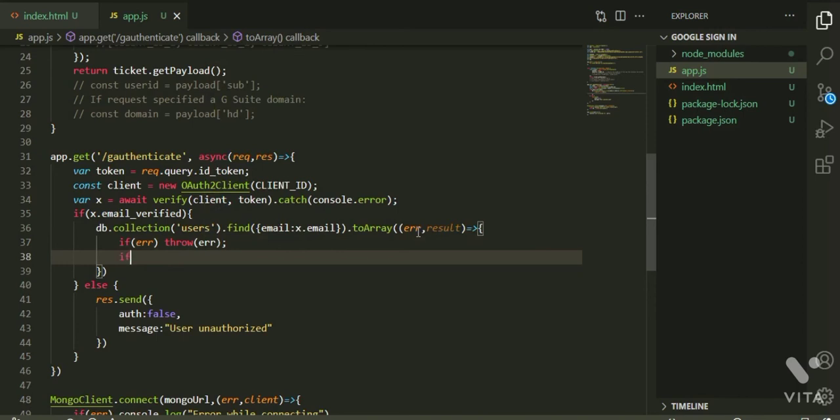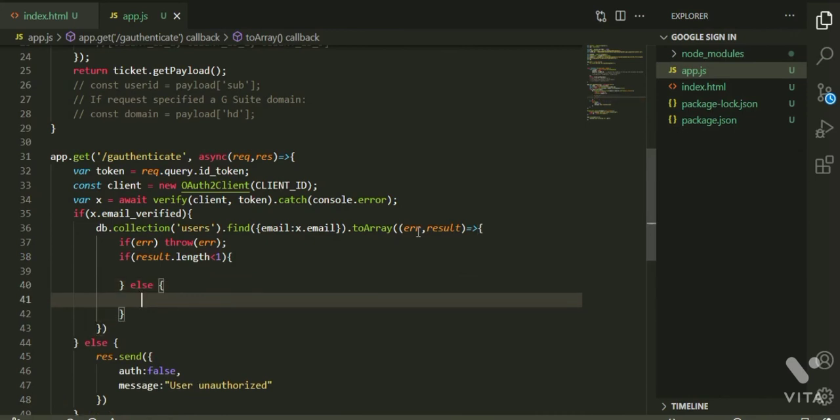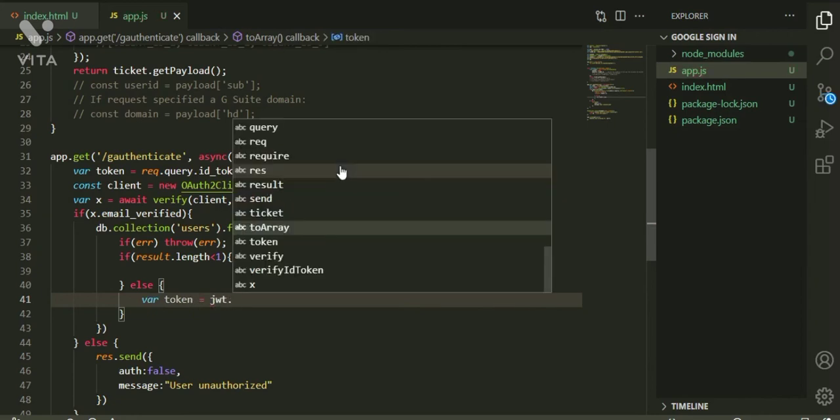So now if result.length is less than 1, we have to register the user, otherwise we have to generate a token. To generate that we'll use JWT, and we'll sign that with respect to the MongoDB ID, because no one actually knows that, so it will be secure.